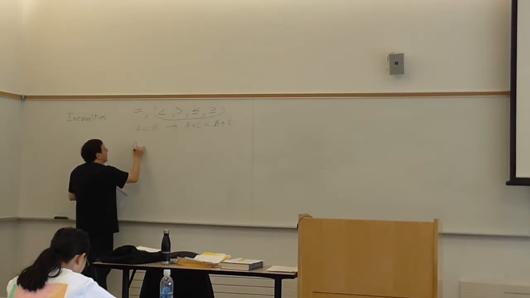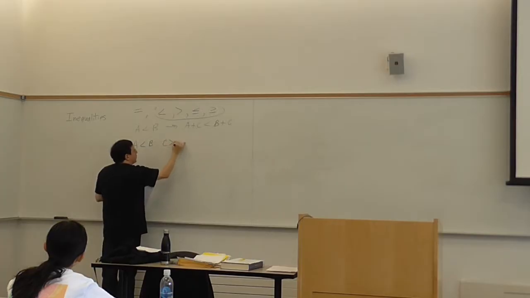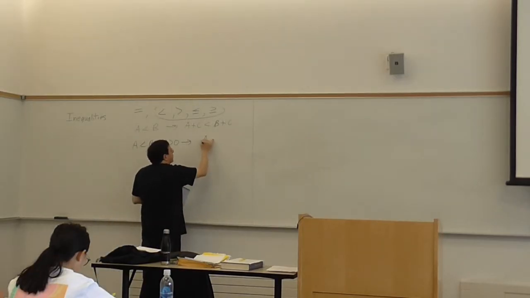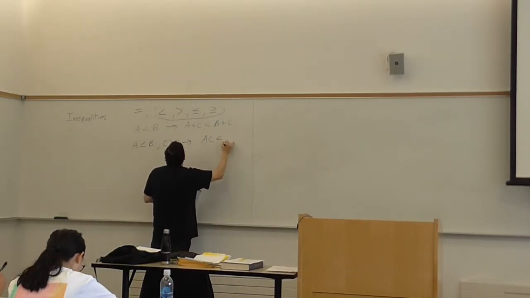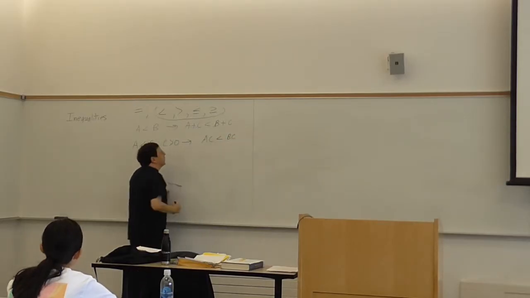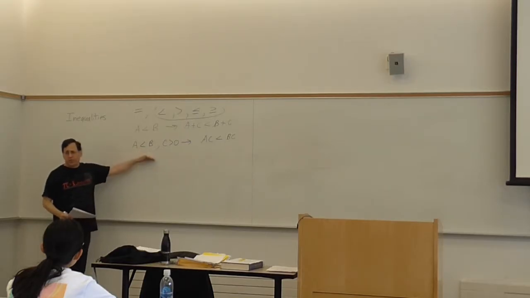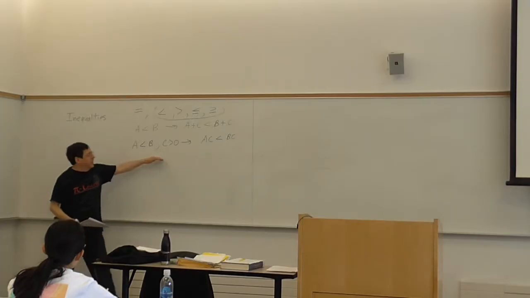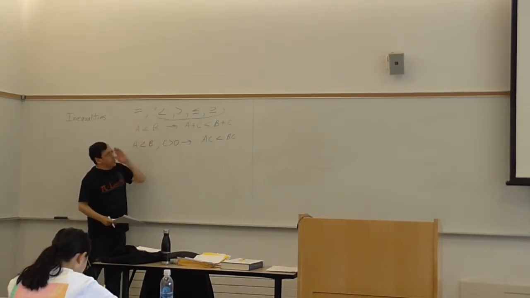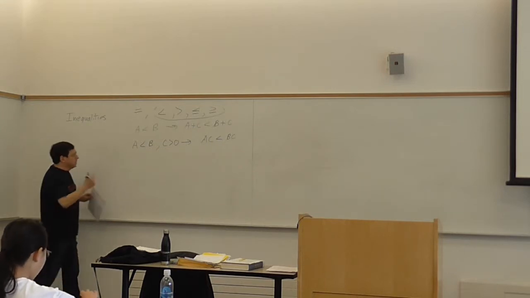If A is less than B and C is greater than 0, then AC is less than BC. That is, if I have an inequality, I can multiply both sides by a positive number and I don't change anything. Again, that's for all 4 inequalities. But